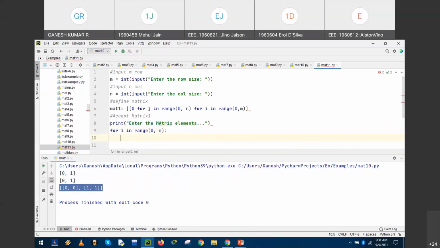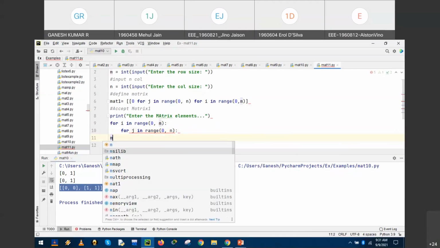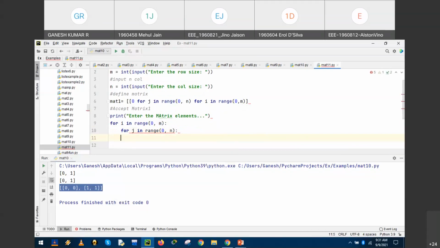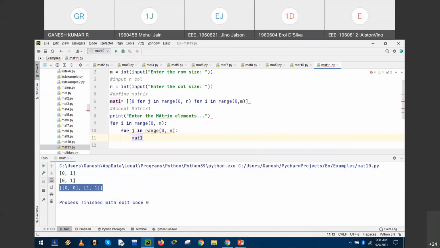So the row is entered. Next, we have to supply for the column. For j in range, we have 0 comma n, right? Colon. So matrix 1, which we have already defined.